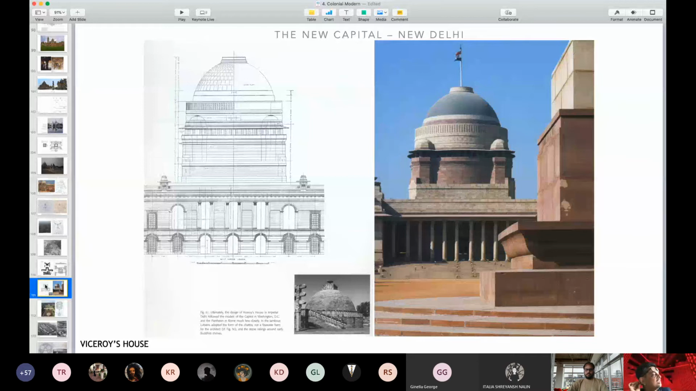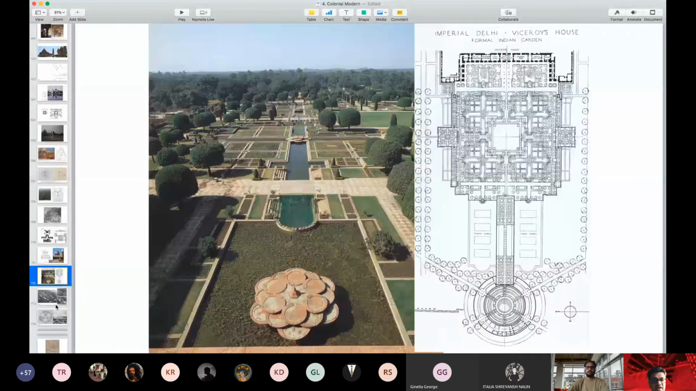Here, the dome of the stupa at Sanchi is transposed upon the Viceroy's house. So you're able to see the proportions and the detailing that emerges from Sanchi. You also have buildings. You have this incredible Mughal garden that is at the back, that is also laid out, and you have a building that is inspired by a building by